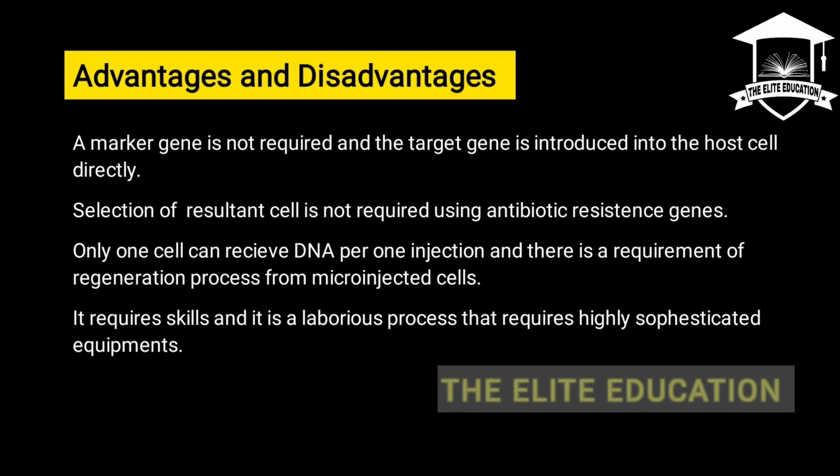Okay, so how would you know if you'll not select at all? Once you have inserted your target gene, if it gets integrated, it will automatically start expressing its character. So even just by your observation, if you get your morphological characters, well and good, your experiment is successful. And if you have not seen any of those characters that you wanted to see, you should do it all over again. So these are the two advantages of this microinjection, and the disadvantages are: only one cell can receive DNA